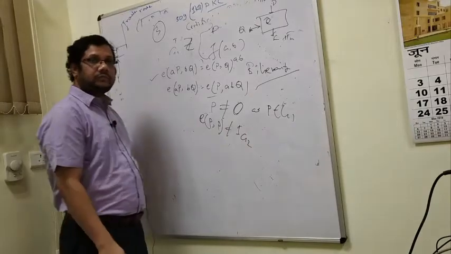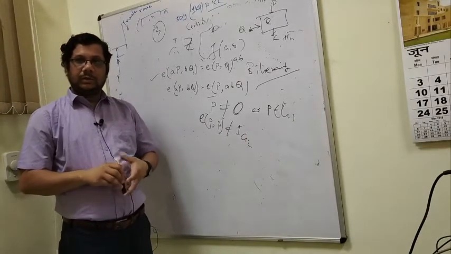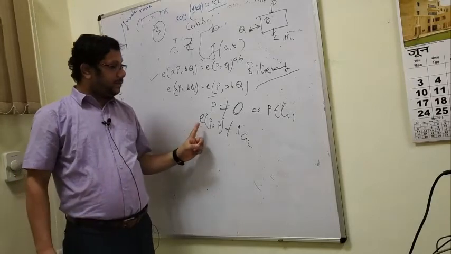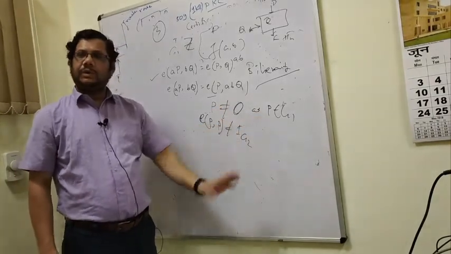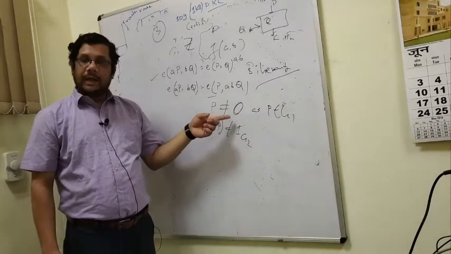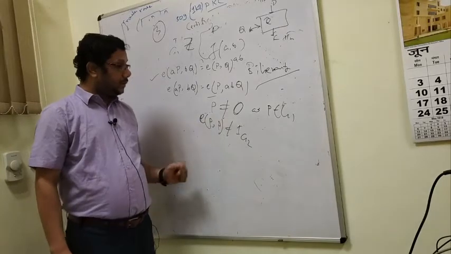Did you understand? P is a point on G1, a point on the elliptic curve, which is not the identity point O, any other point. Then E(P,P),